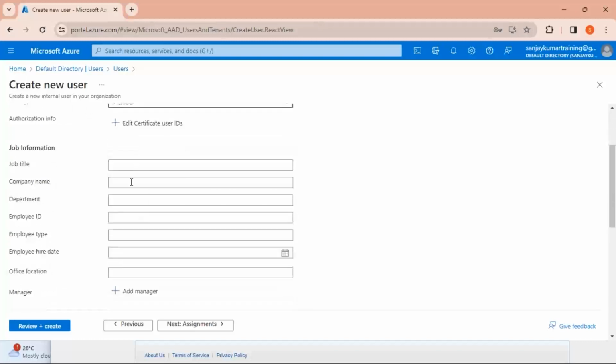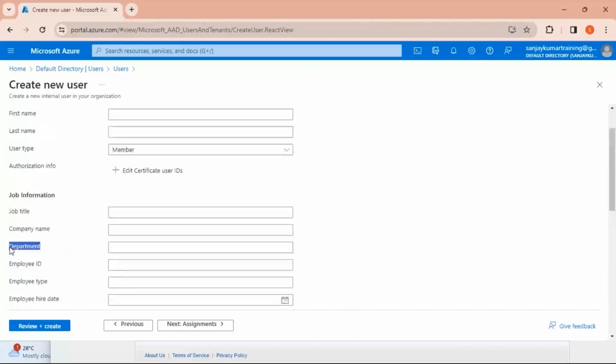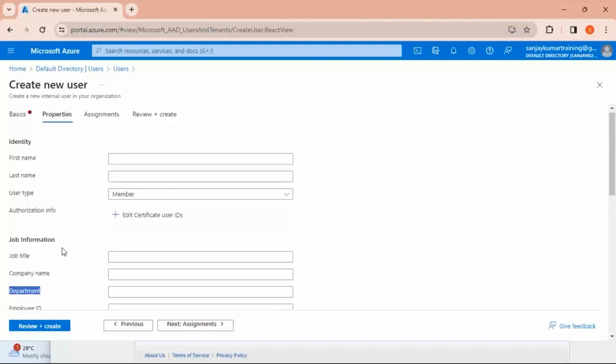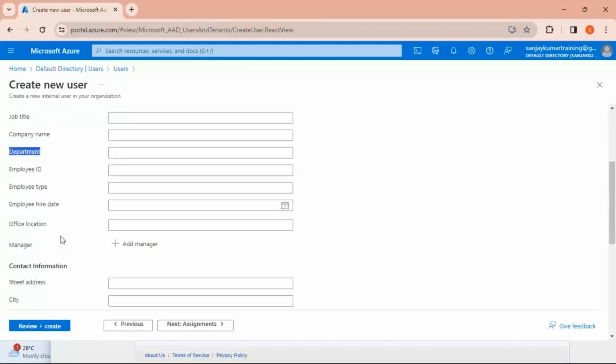Some of these features you're putting here, job title, company name, department, can be used for dynamic access provisioning. So whenever you are putting these details, apart from some of the defaults which will come from the HR systems or other things, you can integrate that. So you can get those details and you can update that. But some of these things should be correct so that it will help you manage the users in the right way. Like